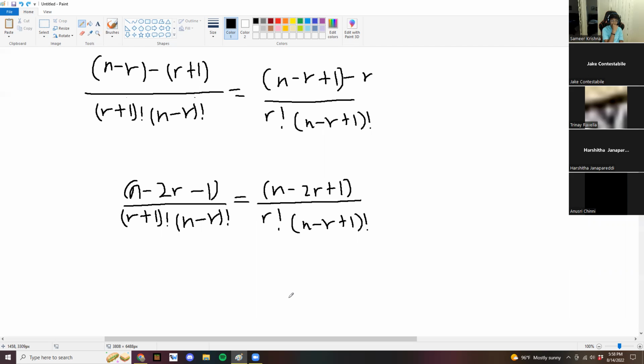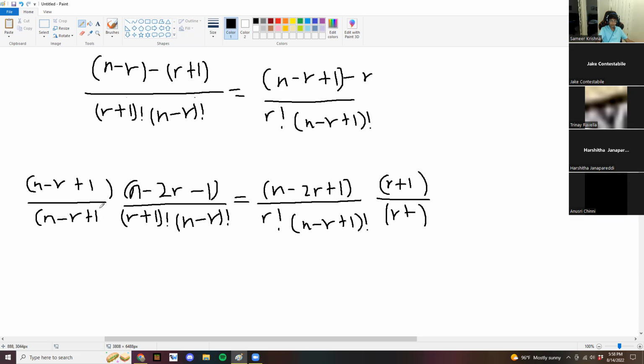So what you would do here is multiply r plus 1 on top and bottom on this side, and on this side, you multiply n minus r plus 1 on top and bottom. So this would simplify, and this would simplify, and it'll be equal to